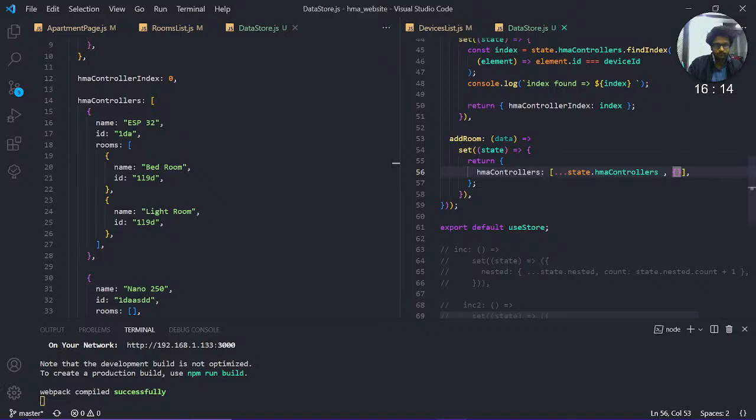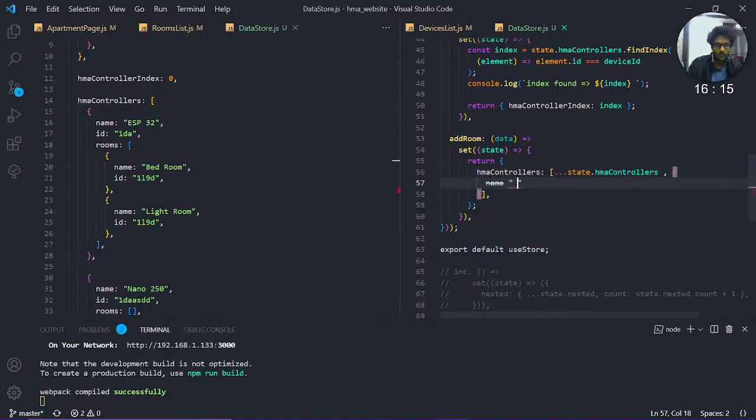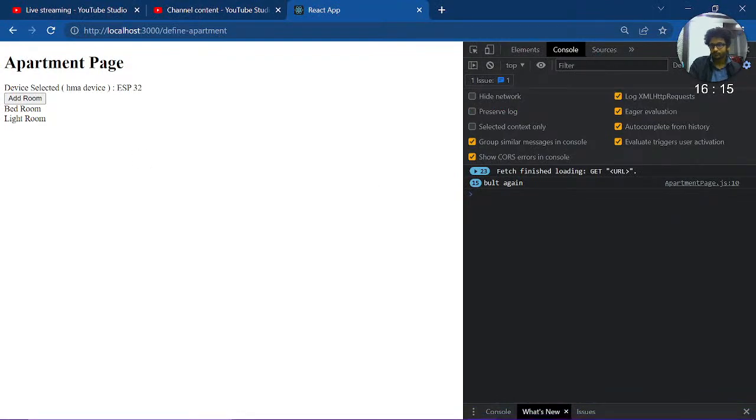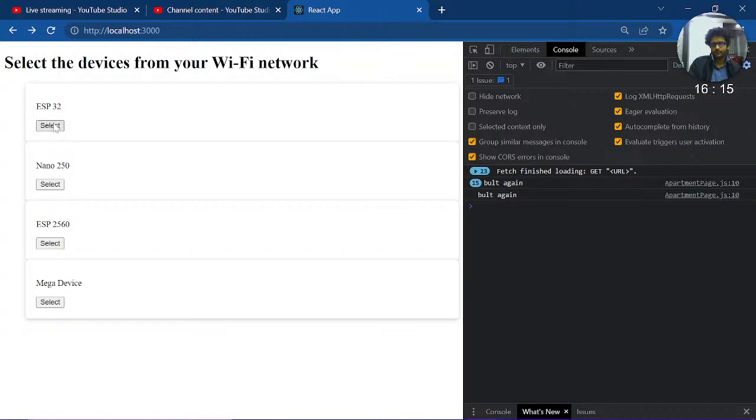Yeah. Name, I would say make a device and ID. I would say, you know, cares the ID. Hopefully it works. Nice,